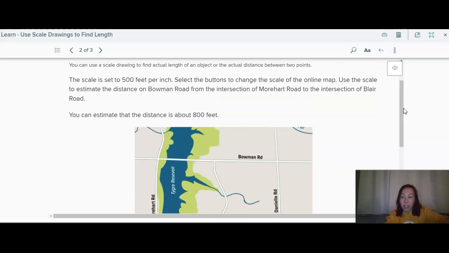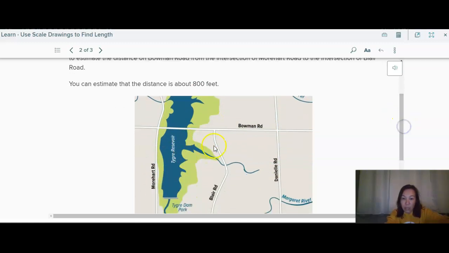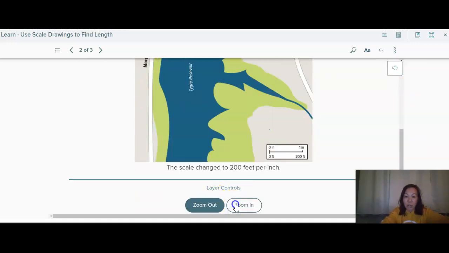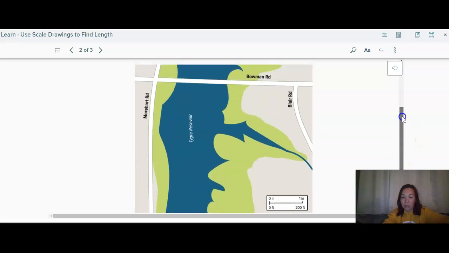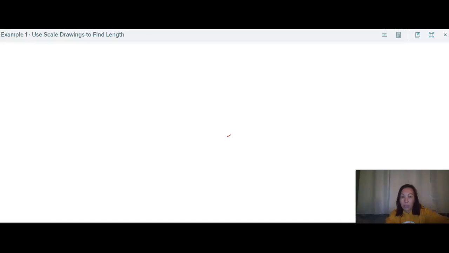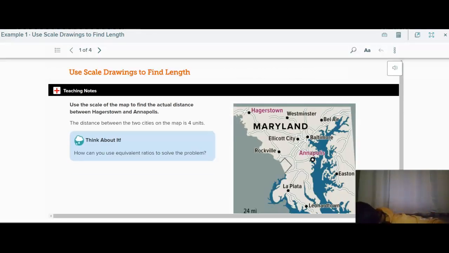So if we want to find the distance on Bowman Road from Morehart to Blair Road, I want to find this distance right here. Well, we can measure this with a ruler and estimate that the distance is about 800 feet. Now we can zoom in here and then the scale changes as well. So we're going to look at a few examples, and this is on page